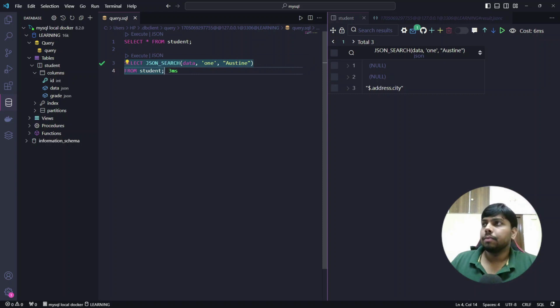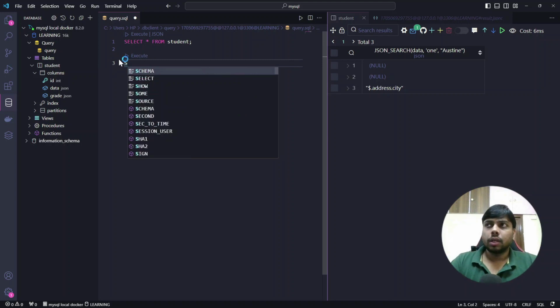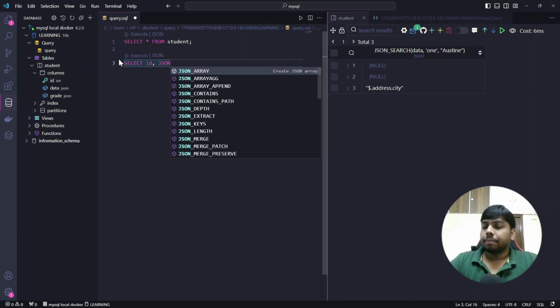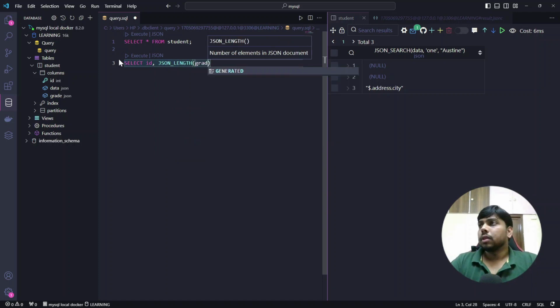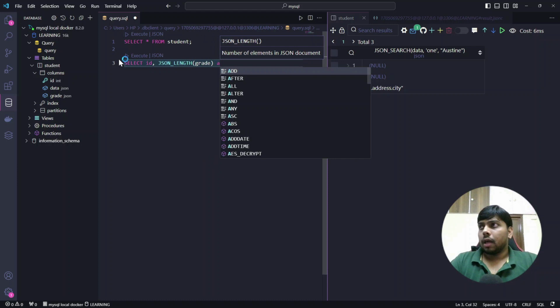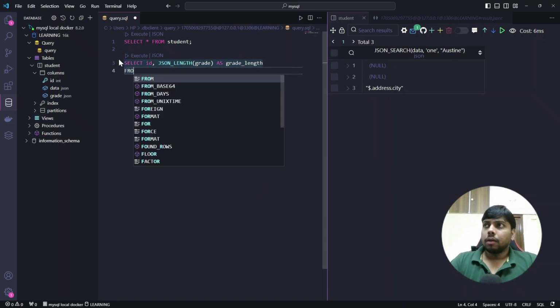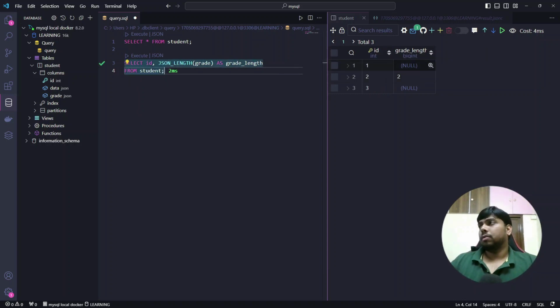For that, I'll remove this one. I will say select id comma JSON length of which property? I will say grade property as grade length from student. Now if I run this one, of course it will be null